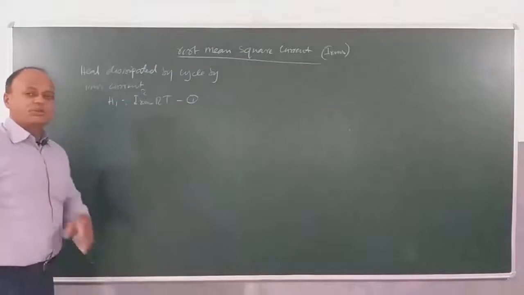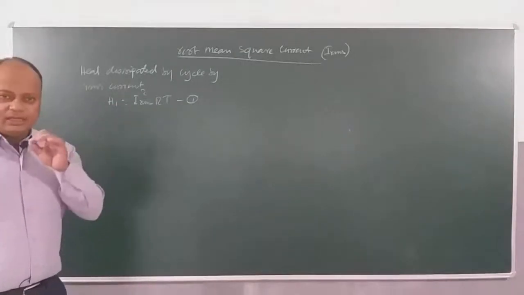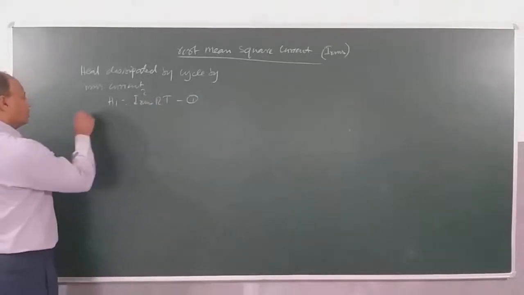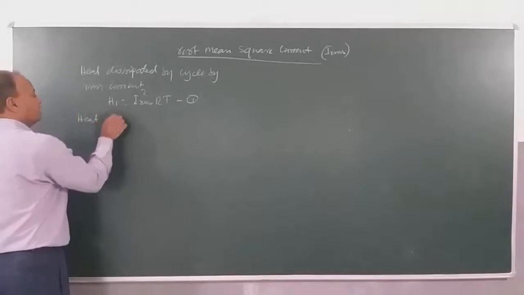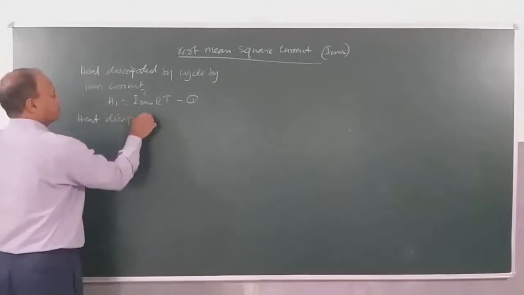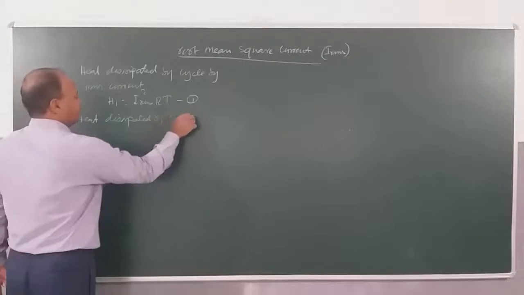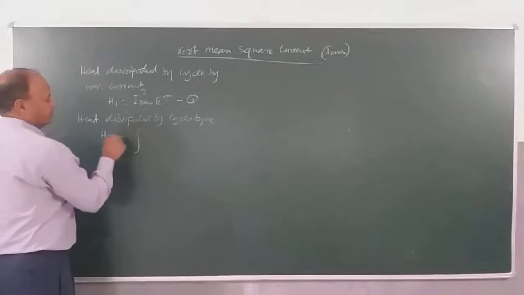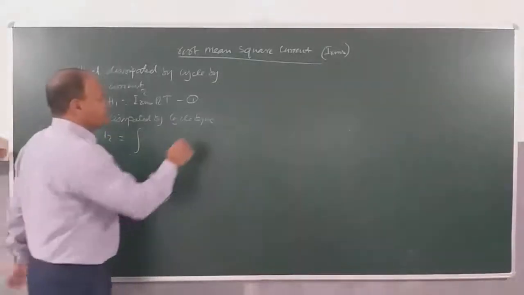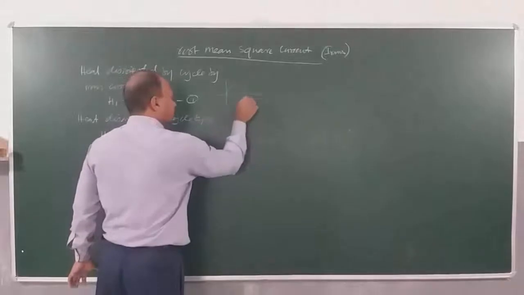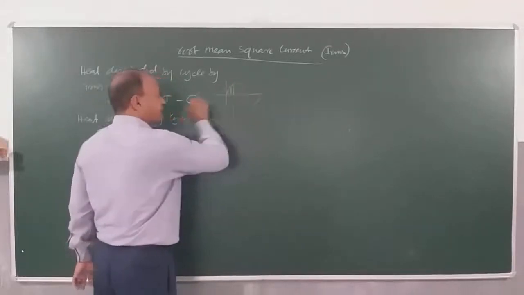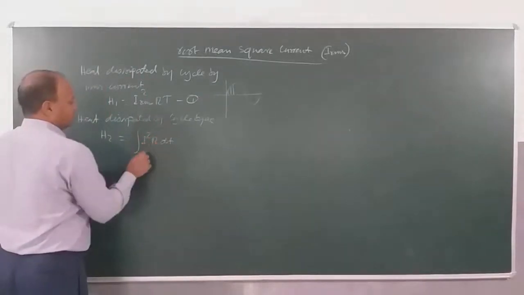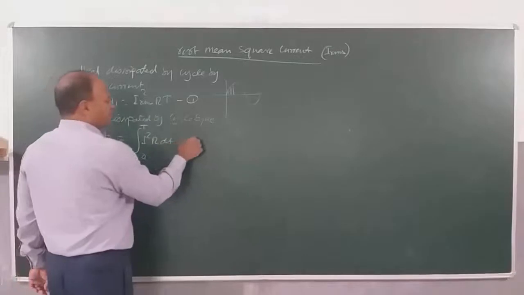Now children, we will calculate how much heat is dissipated by AC per cycle, and per cycle means what time? T. So heat dissipated per cycle by AC, that will be H2 is equal to, we will have to integrate, we will have to add up all this because this current is changing all the time. So I need to find the heat here, here, here, as the current is changing all the time. So I will have to integrate it. So integral of I square R dt from 0 to T. And children, we know I is equal to how much?